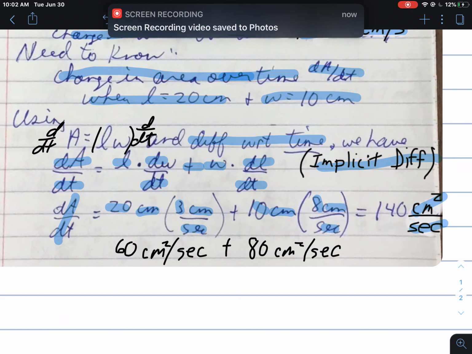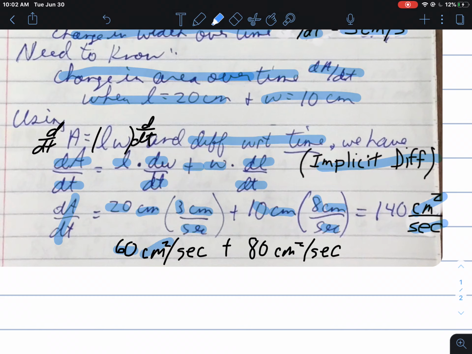And so notice, if you do the calculations, I've got 20 times 3 gives me 60. Centimeters times centimeters is square centimeters per second. I've got 10 times 8 or 80, and again centimeters times centimeters is square centimeters per second. Now notice the units are the same in both cases, so we can add those two quantities. 60 square centimeters per second plus 80 square centimeters per second gives us a total of 140 square centimeters per second. And that would be our change in area